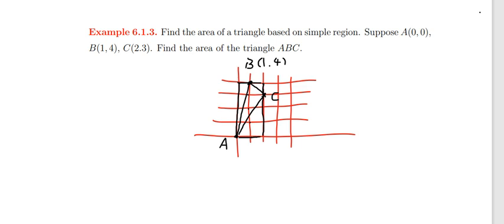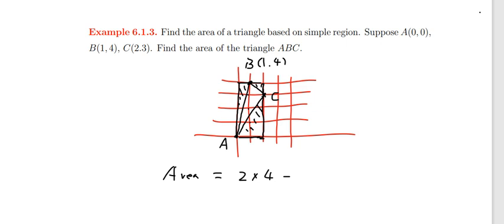So this area for the triangle is equal to the area for the rectangle minus three triangles, right? For these three triangles, their area is very easy to find. So the area A equals the area of the rectangle. The rectangle is 2 times 4, right? 2 times 4, so minus